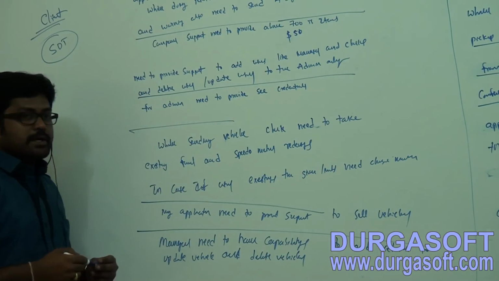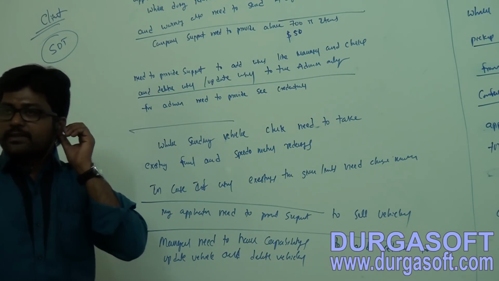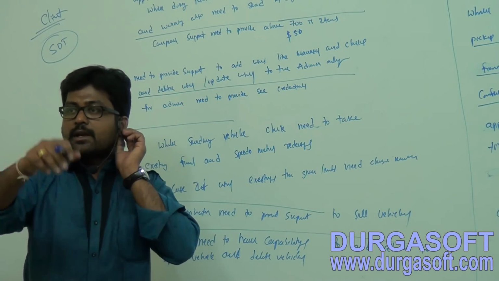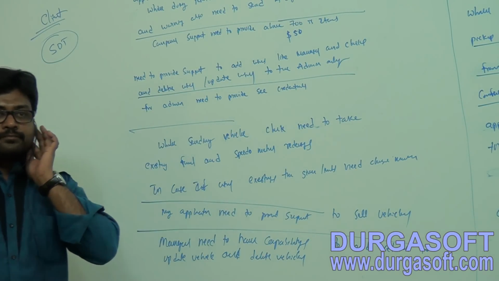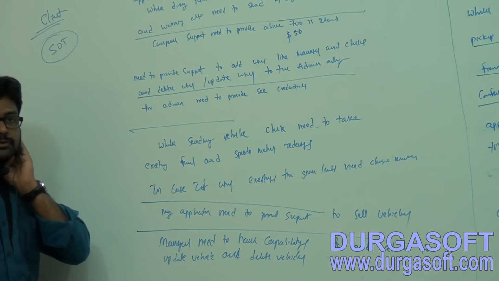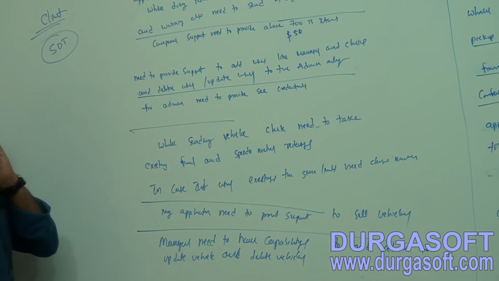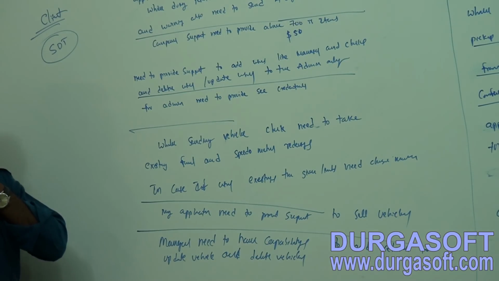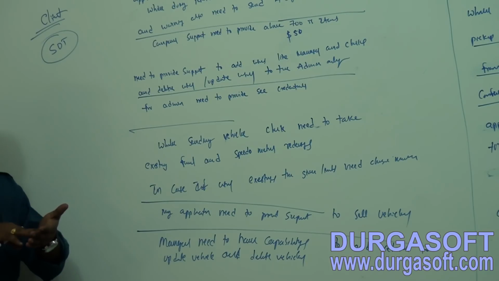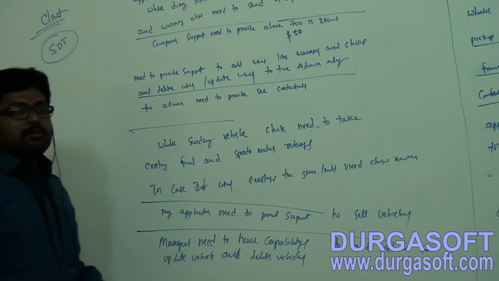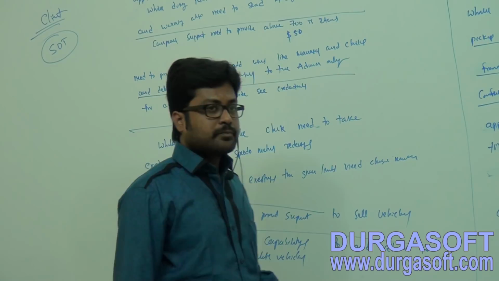Who will add vehicles? Manager can add. If you assign a manager for a particular branch, he can add vehicles. So we need to provide credentials to the manager. And the meter readings, the managers will not take. If you have a client clerk application, the clerk can log into his tab or his mobile and track that information while sending the vehicle to the end user.